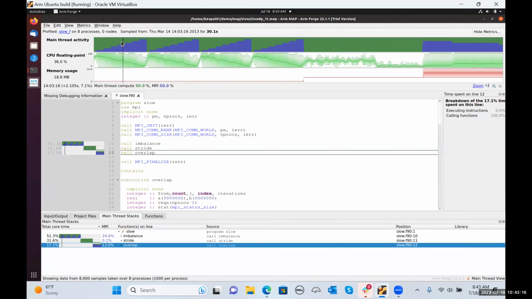So for example, without knowing anything about the source code at all, right away I can tell, okay, there's no multi-threading going on, there's no light green, pretty much all the compute is in single thread compute. There's quite a bit of MPI going on. I think there's a little bit of orange over here on the right, but not much IO,